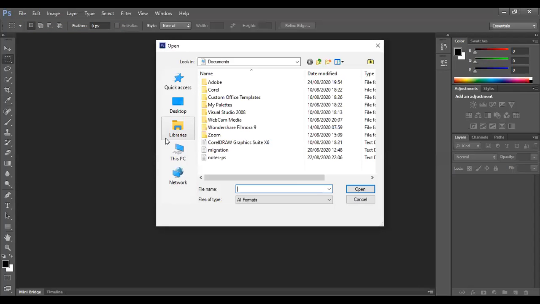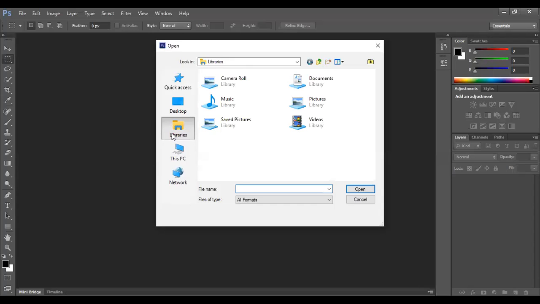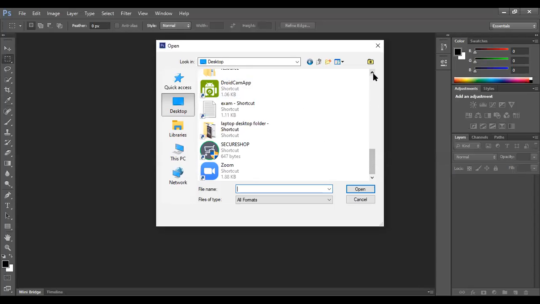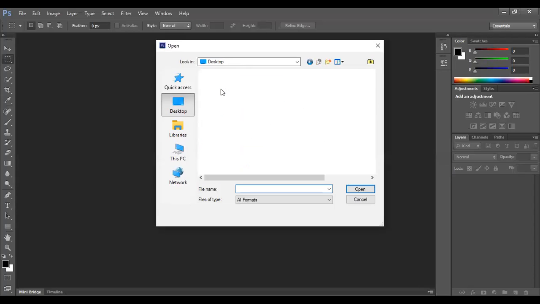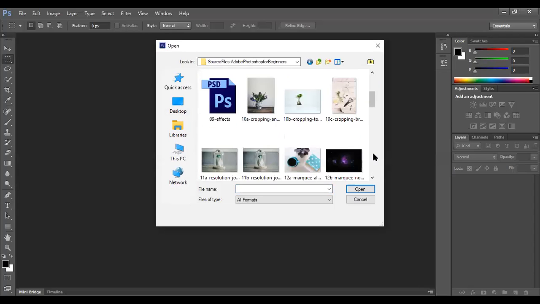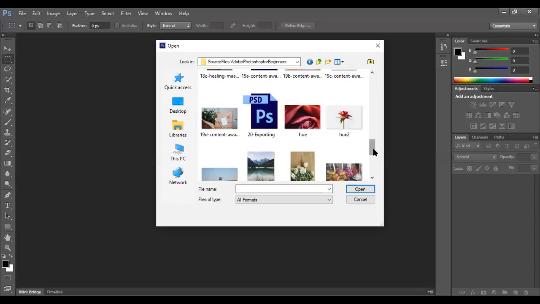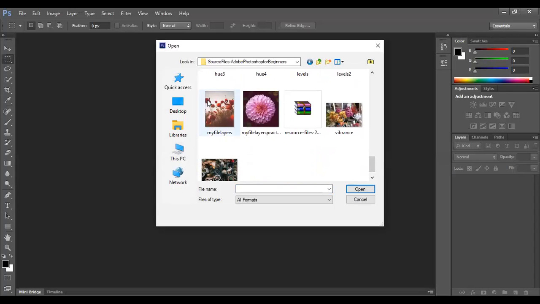From here you can choose wherever your resource files are. Let me quickly locate mine. Here you will find my layer files. In your files, this will be the file, my file layers. You can open this file.